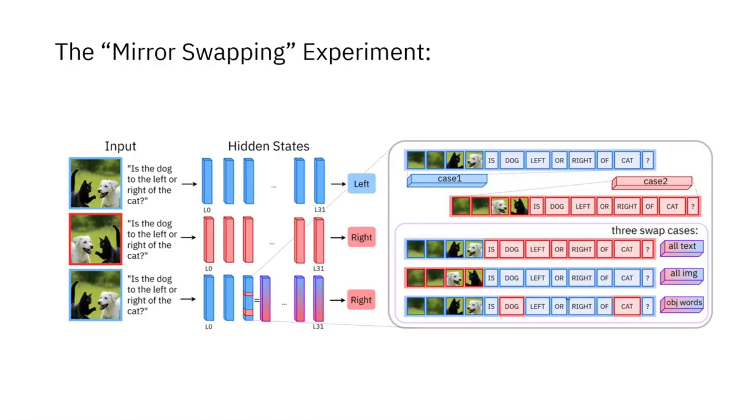Now we introduce 3 swapping interventions. At some intervention layer, we can create these swapped activations, one where we swap out all text tokens from the original case with those from the mirrored case, another where we swap out all image tokens with the mirrored case, and a third swap where we swap out just the object word tokens with those from the mirrored case. After performing these swap interventions, we let the swapped Franken activations go through the rest of the VLM unperturbed and monitor the output likelihoods for the left and right logits.